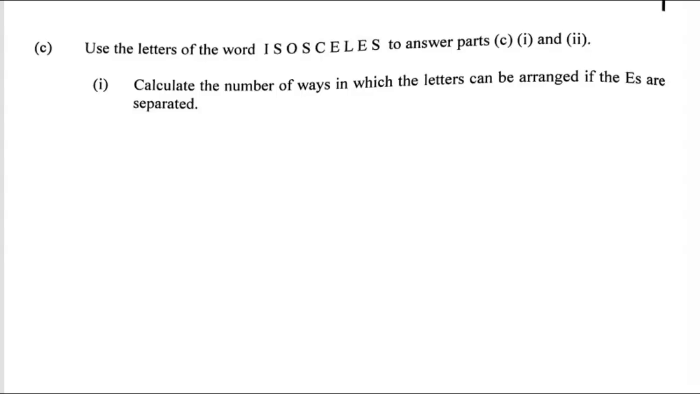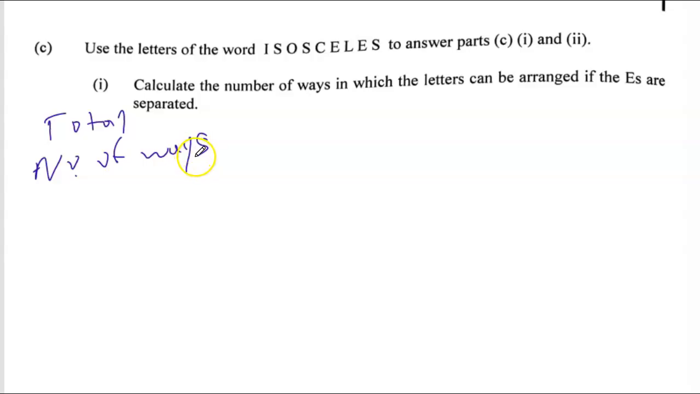So isosceles, this word has how many letters now? So let's count. So we have 1, 2, 3, 4, 5, 6, 7, 8, 9. So we have 9 letters. So we have 9 elements, but some of them are the same. Now, the number of ways in which the letters can be arranged if the E's are separated. So the total number of ways,